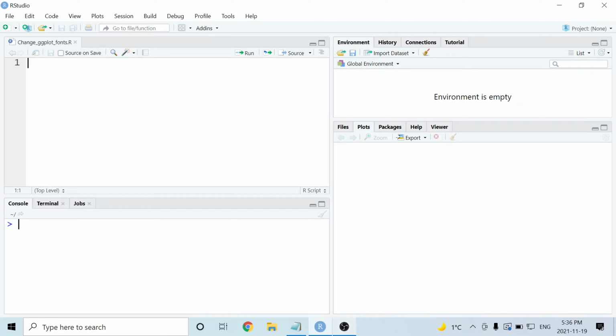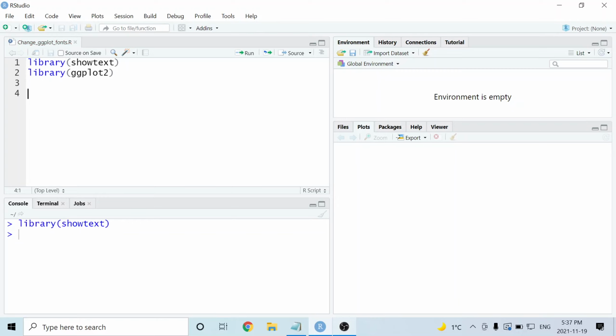In today's video, we're going to learn how to use any kind of font that we want on a ggplot. The first step that we need to do is load the showtext package. If you haven't already installed the showtext package on your computer, you'll need to use the install.packages function first. Next, we're going to load the ggplot2 package.